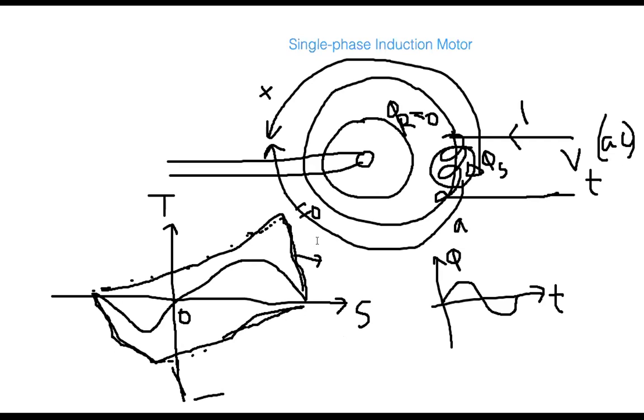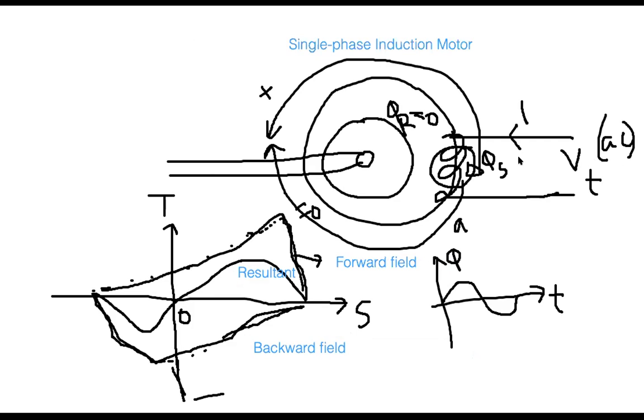Let me label. This is due to the forward rotating field. This one is due to the backward field. And then this line, that is the resultant. So this means that in case of a single phase induction motor, once you apply the AC voltage to the single phase coil,